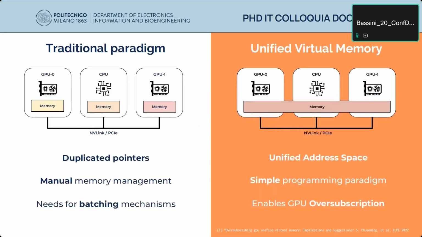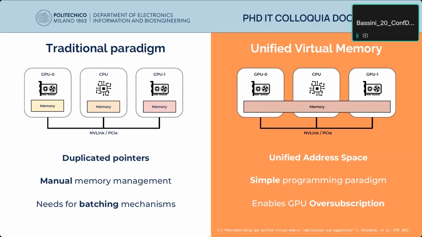To program GPUs, you have two main approaches. The first one is the traditional approach where you have distinct memory regions for the distinct devices and your processor or your main memory. These require manual memory management, so you need to issue data movements, synchronization, asynchronous computation and transfer overlap. And if you want to handle large data sets, you need to implement some sort of batching mechanism in order